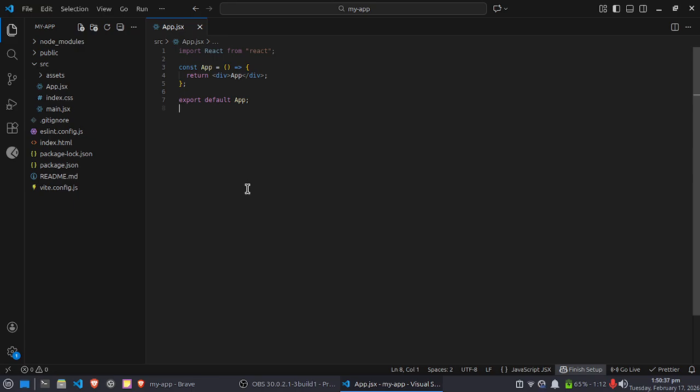In today's video, we are going to build a dark and light theme toggle app using the React Context API and Tailwind CSS. This project is very important because it helps you understand how global state works in React. Instead of passing props again and again, we will use the Context API to manage the theme for the entire application. And the best part is we are also using the latest Tailwind setup to handle the dark mode